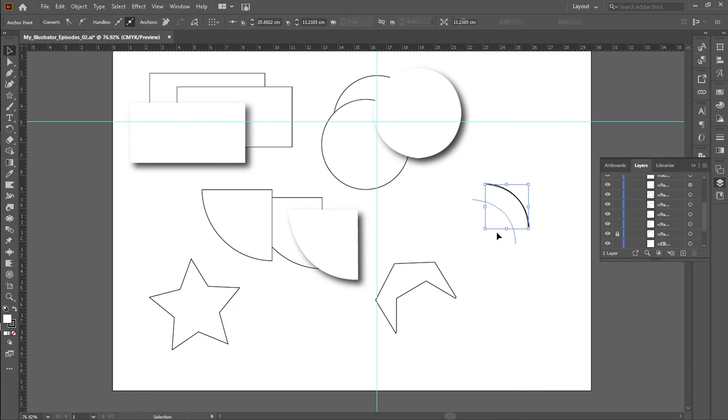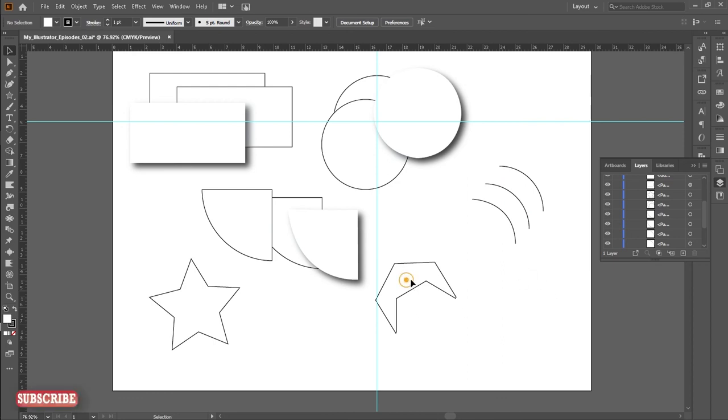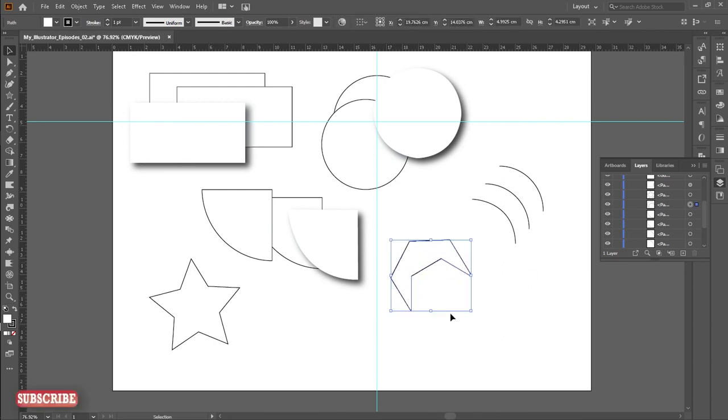I can drag and drop. This is it. Or you can unlock this shape, click on it, and press Alt and then drag. We've managed to create another outline like that. So we move to the next shape. Again, we have to lock it first. Put it in selection, lock it, press P for the pen tool, click on the start point,